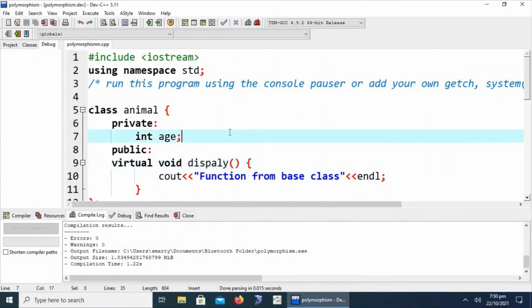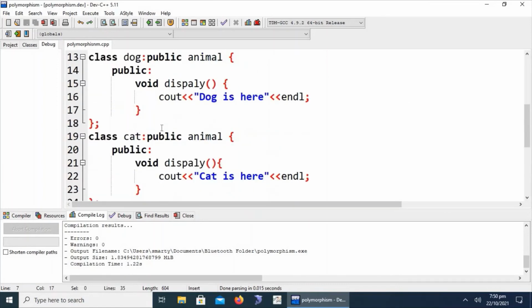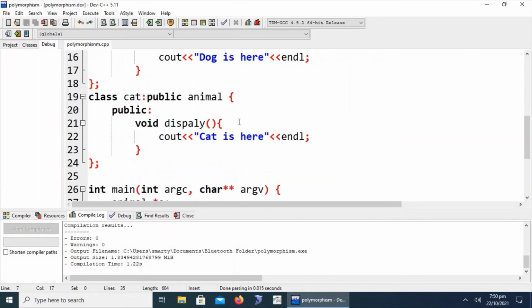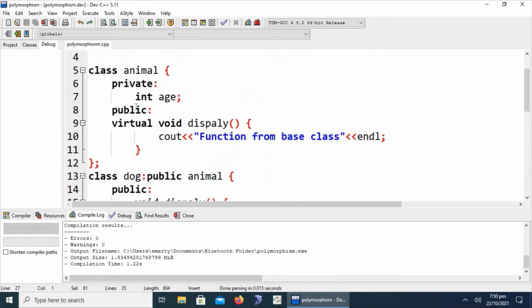This is the confusion between runtime and compile time. If it is statically bound by the compiler at compile time, this is called compile time binding, and if it is bound at the time of execution using the pointers, this is called runtime binding, and this only happens with the help of virtual.